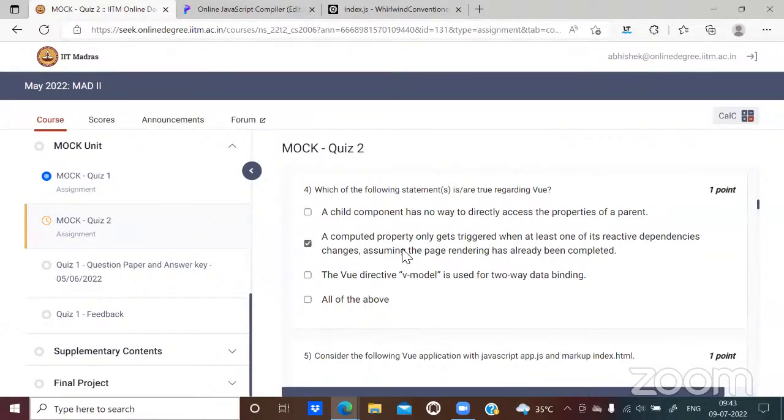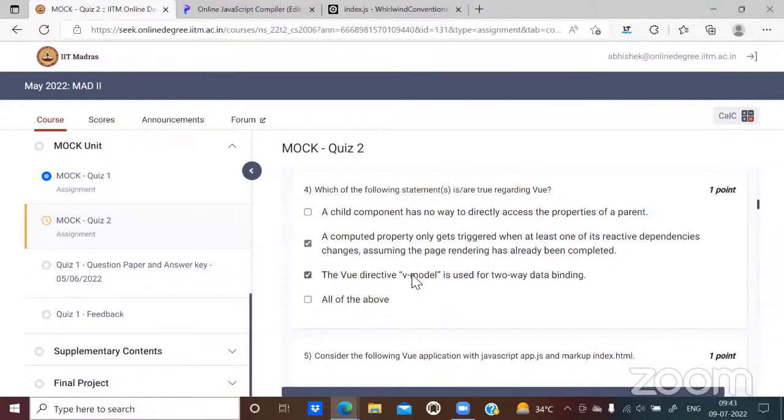The third option is that the Vue directive v-model is used for two-way data binding. Of course that's true. We use v-model in order to bind the data from the HTML to the view and from the view to the HTML. That means whenever there is a change in the HTML, it impacts the view properties as well. And when you try to change the value in the view itself, then it affects the HTML page.